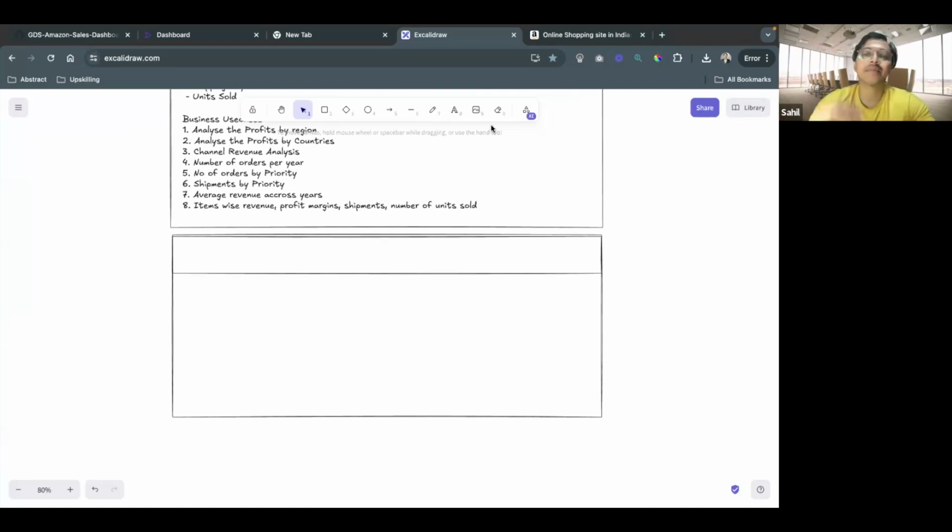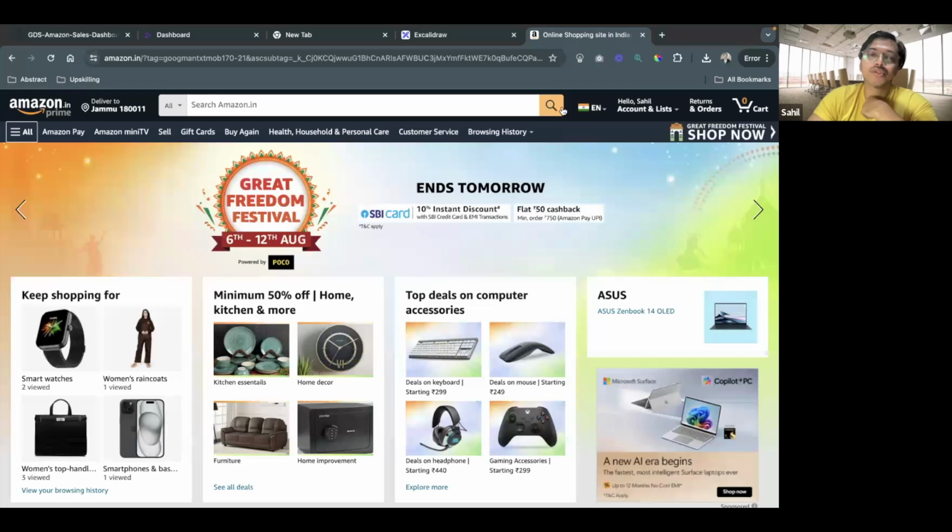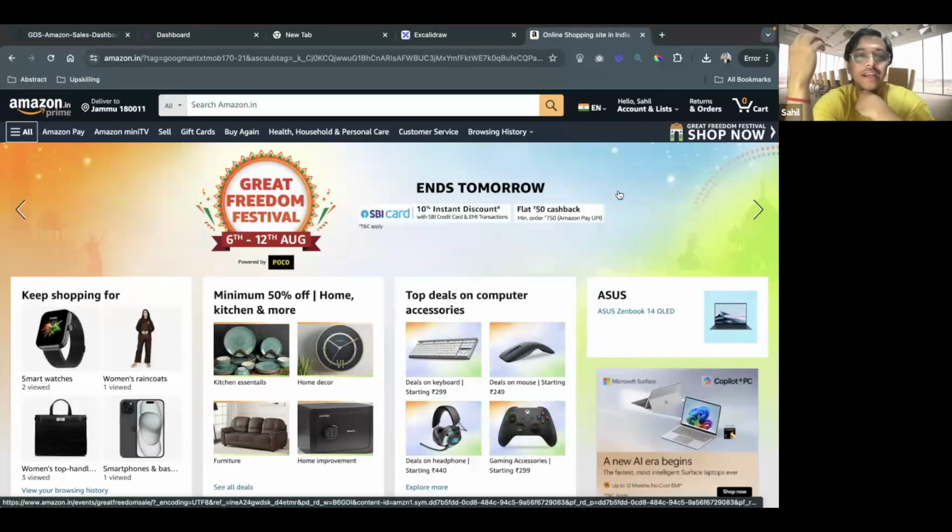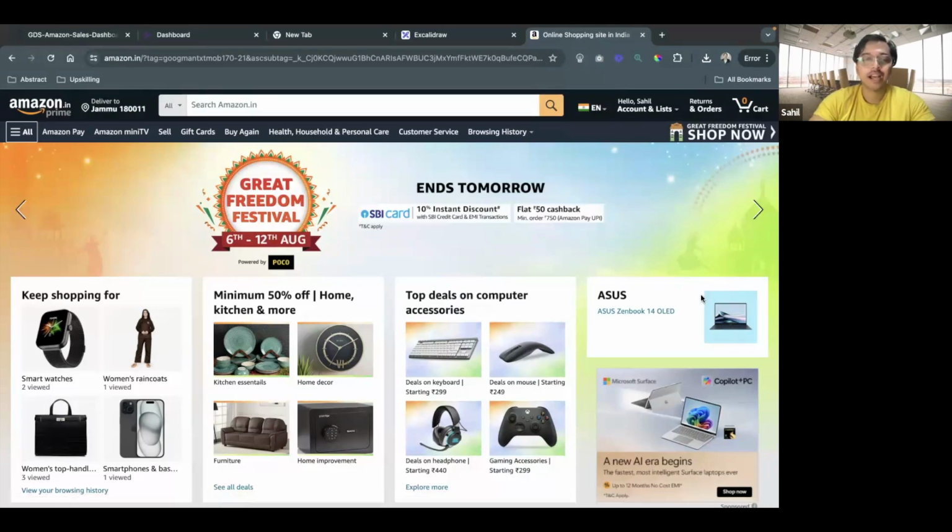Okay. For example, here I'm creating an Amazon sales dashboard. It should somehow signify the branding and the logo and the aesthetics of the company. One very neat and clean trick which we use in real life is, let's say I am supposed to create a dashboard for Amazon, right? I want to keep the branding as it is, as they have on the website. So one thing which I can quickly do, let's say for the sake of simplicity, is take the screenshot of their header